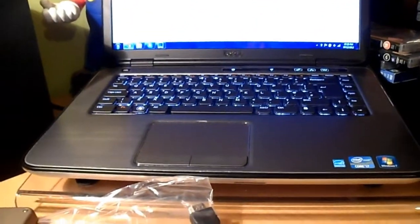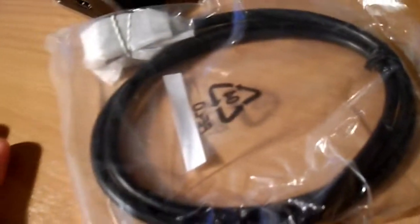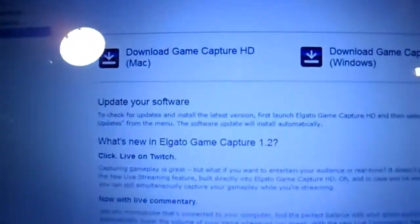Alright, so now I'm going to go through how to connect up to PS3. As you can see, I'm on PS3 monitor, and I have my laptop, which is all very nice. Normally it would be pulled forward, but I've just been using this as my sort of display area. So we have the Elgato. We obviously need the wires, so this is the dedicated PS3 wire. We need the HDMI cable, which I'll use the one on my PS3, just because it's pointless getting that one out. And you also need the software, so you go to Elgato's site, you download the software,